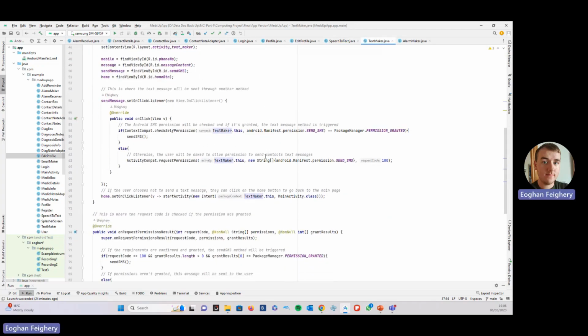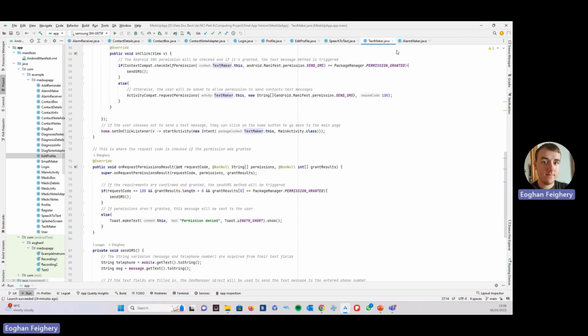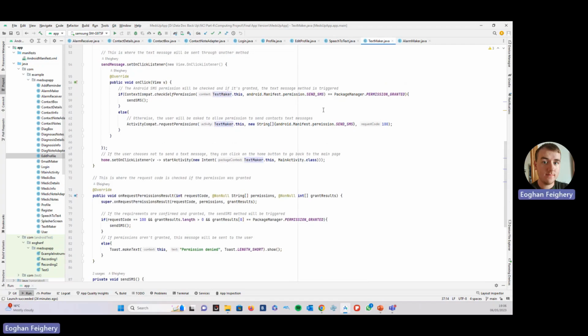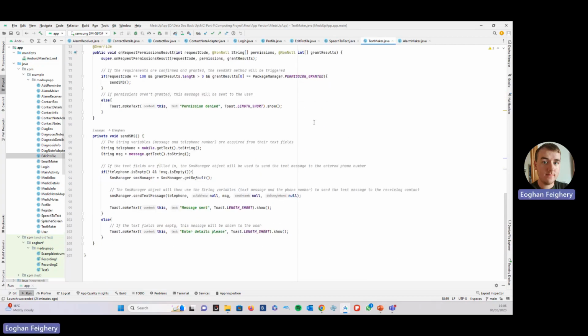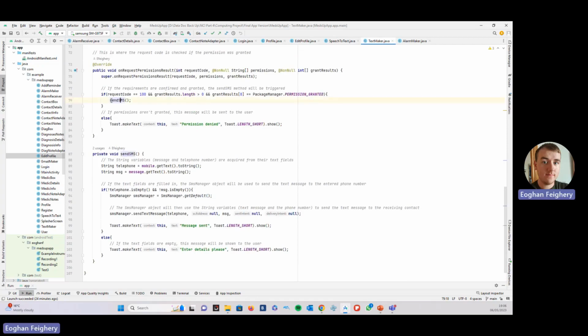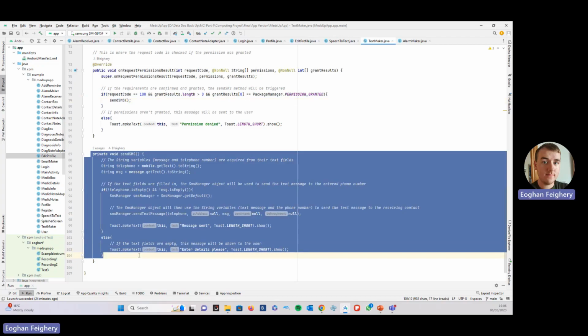All right. Now this is also a similar thing for the text maker since it uses the Android manifest permission, which is to send SMS and to allow people to receive it. Now, of course, this specific one here will also be used to trigger